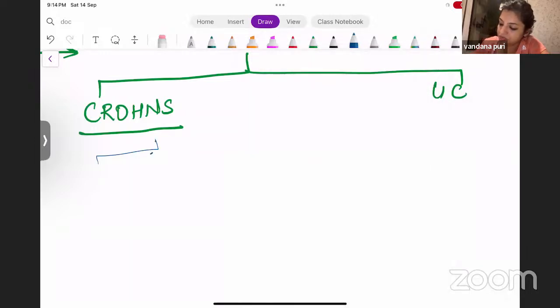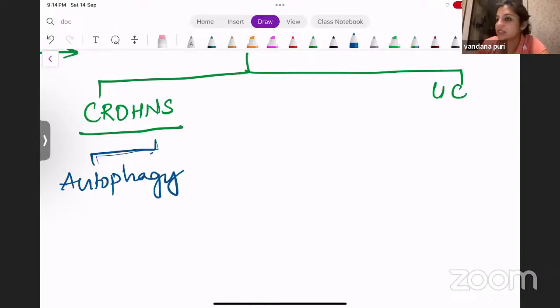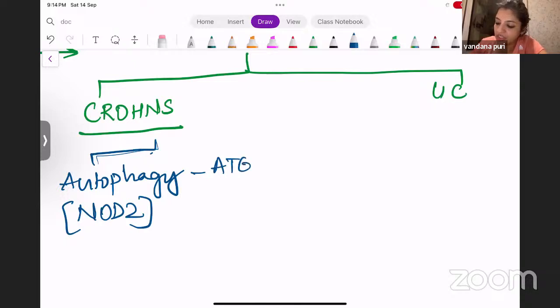in the autophagy genes. So autophagy genes are defective. So what happens is, due to any cause, NOD2 genes, so one, autophagy genes are defective, or your innate immunity is defective. So NOD2 is